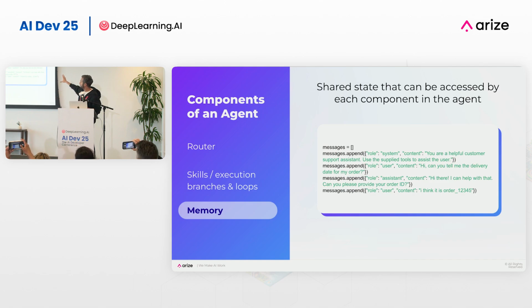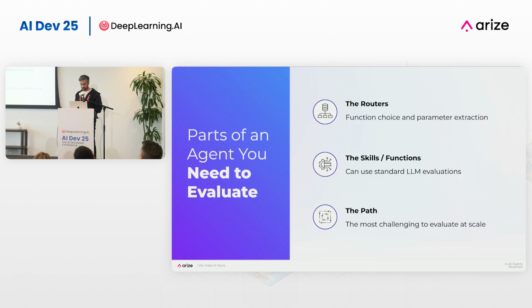The reason I'm showing the memory in this format is because that same data is what we're going to get into with our lab as well, for how to extract the data from your application to use it in evaluation itself. That's what we call tracing your application. So these are the three components of the system. Let's talk about how we want to go in and actually evaluate the system.